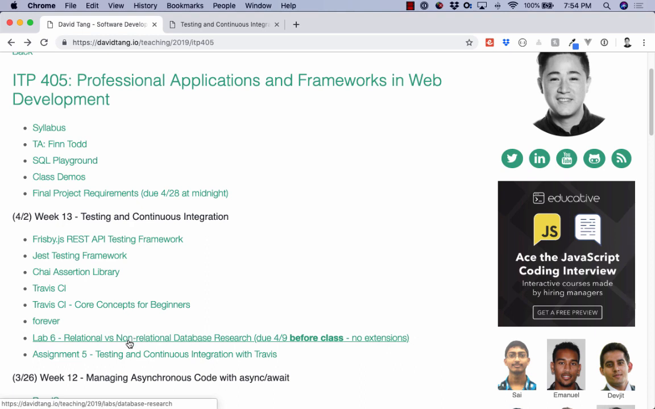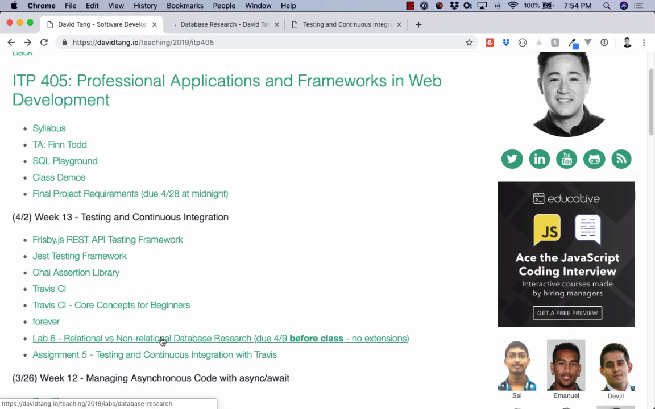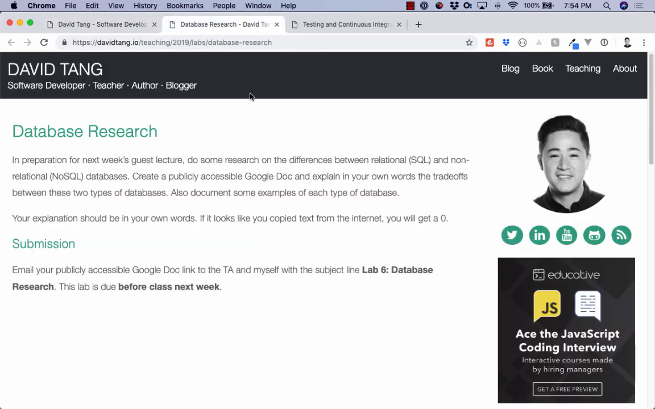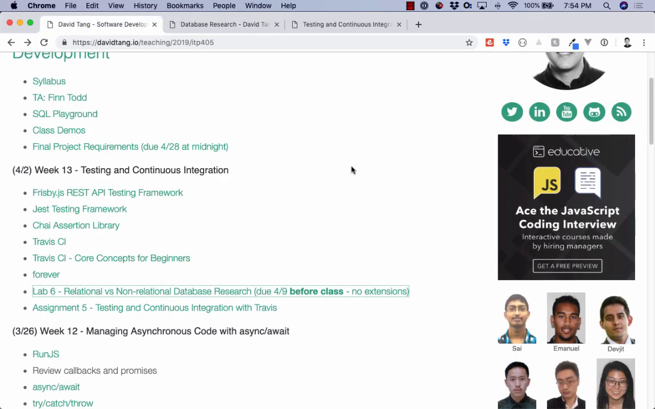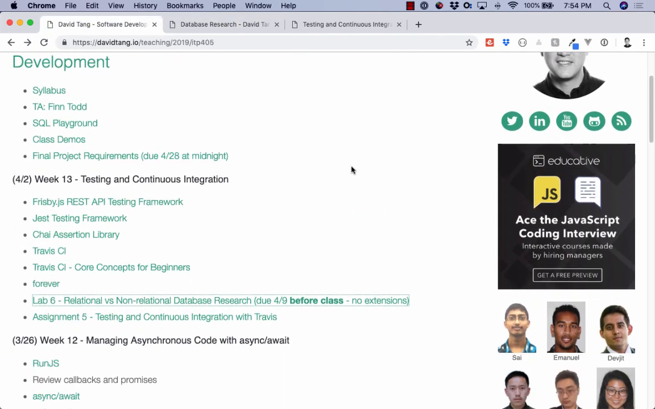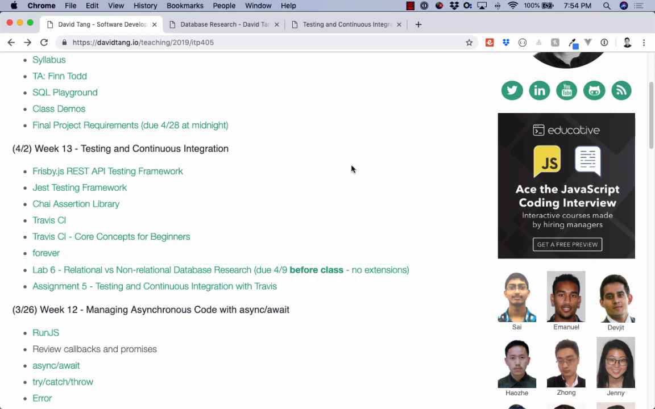Okay, so make sure for the lab on the research on relational versus non-relational databases, that should be done before class next week. So no extensions on that, just because it's prepping for the guest speaker. In other words, you can Google around for relational versus non-relational database or SQL versus NoSQL database. Those are used interchangeably. So do a little bit of research on the different types. And I think that should be it. Any last questions? Cool. We'll end it for